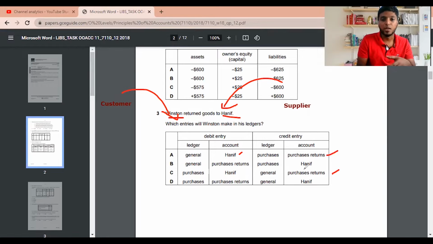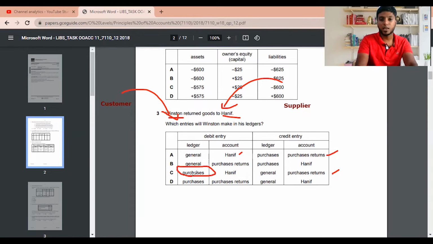So that's the reason we are recording it on the credit side, and on the credit supplier, it's a debit, because the credit supplier account is a credit account. So when you return the goods, it should be on the debit side. But then there's two things. Is it a general account or a purchase account? Remember one thing, a credit supplier falls under a purchase account.